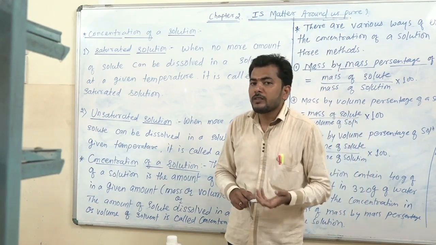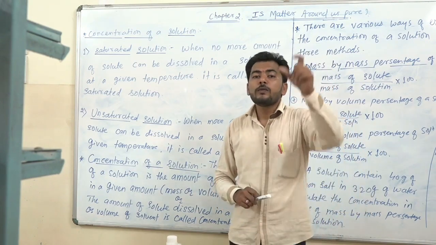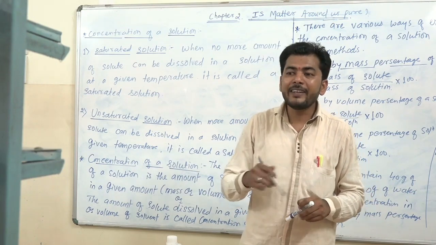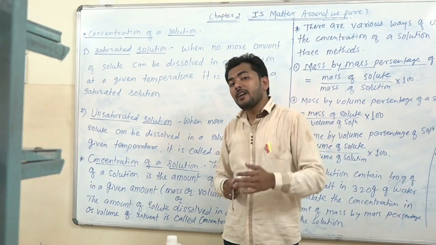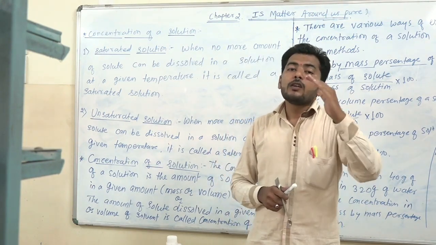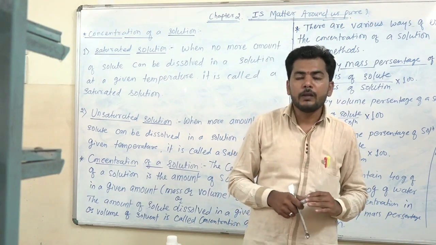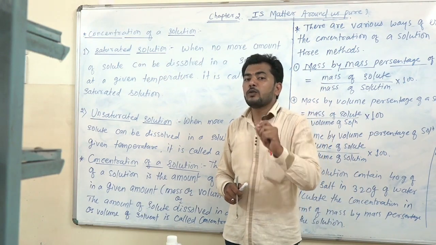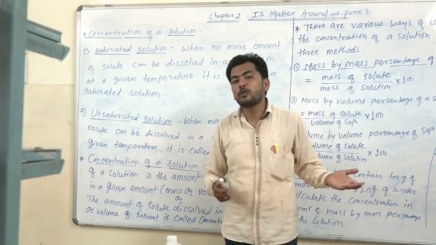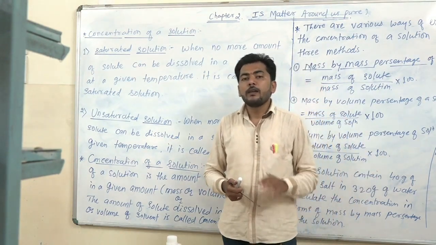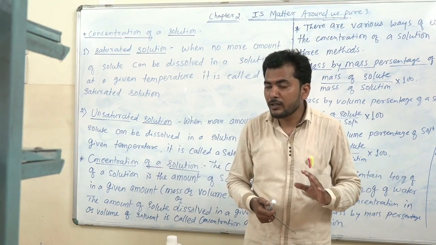Again, one more kind of solution is there, that is supersaturated solution. Supersaturated solution means we have to keep on heating. While heating, we have to add solute in it. And then at one stage, the salt or that solute will not dissolve into that medium. That stage is known as a supersaturated solution. By giving heat, if we try to add it, but it is not going to dissolve that solute into that water, it is what? Supersaturated solution. Okay, you understood, my dear students?